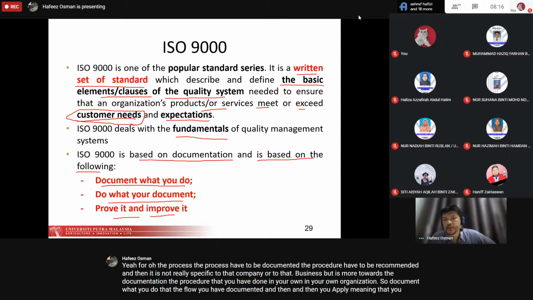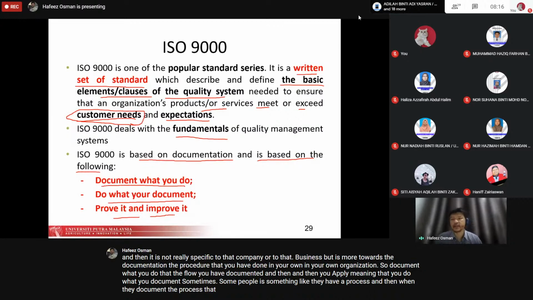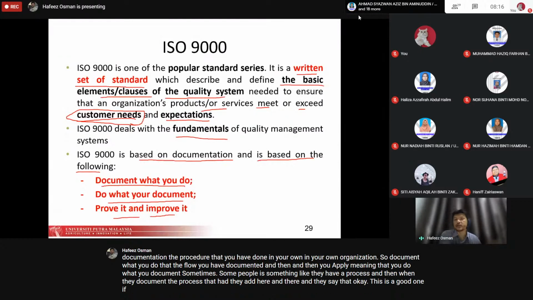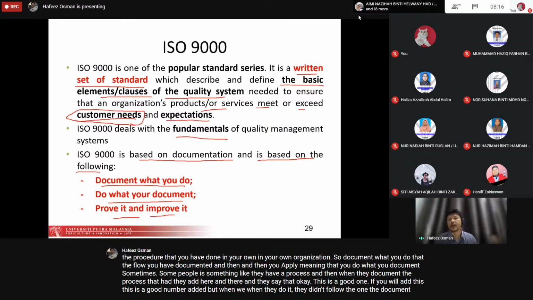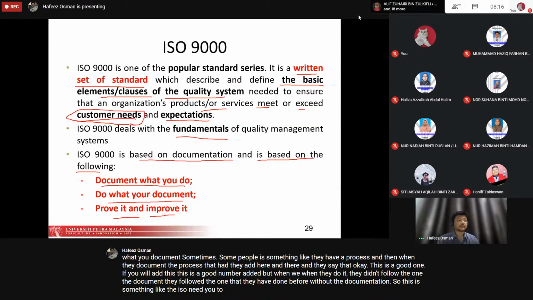do what you document. Sometimes some people have a process, and then when they document the process, they add here and there. They say that okay, this is a good one. If we add this, it is a good one. We've added it, but when they do it, they didn't follow the one they documented. They follow the one that they have done before without the documentation. So this is something like the ISO needs you to document it, and then